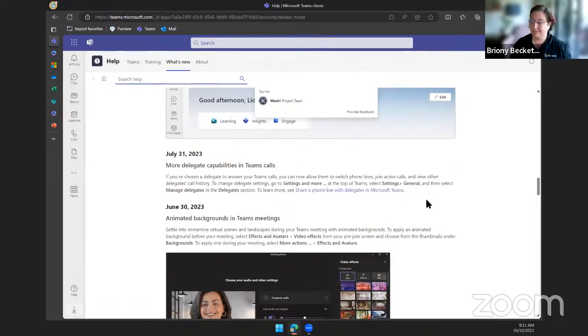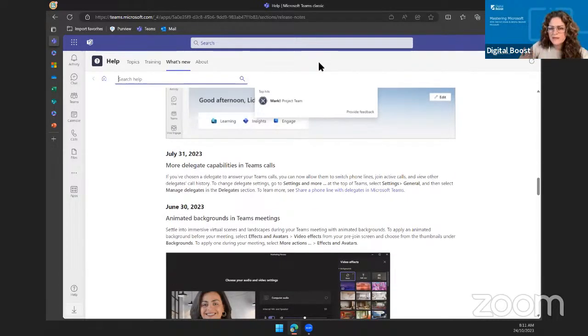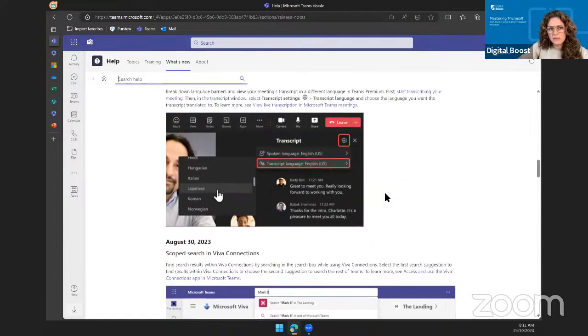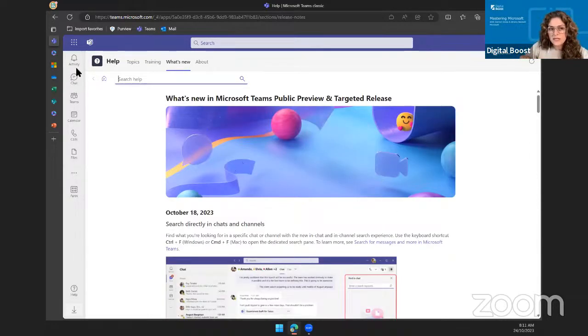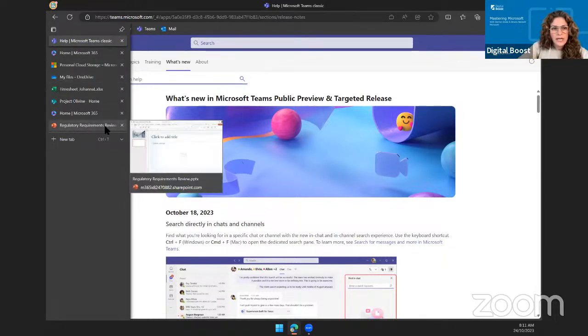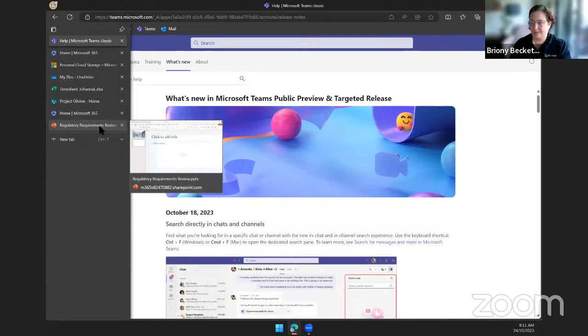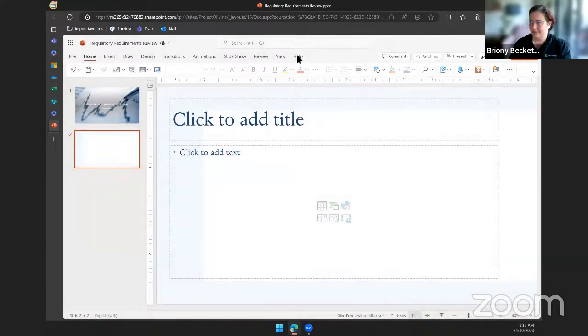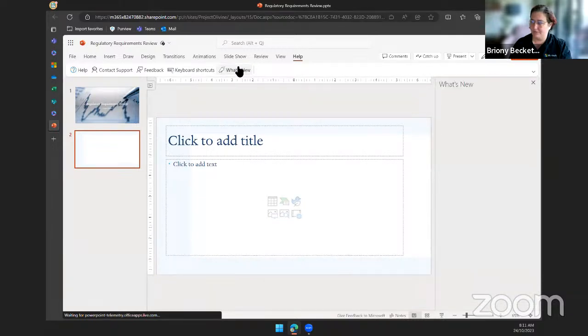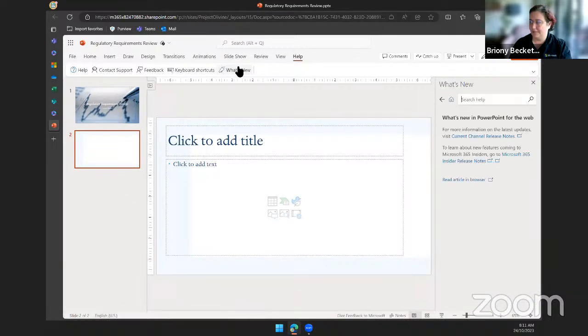And will these help topics be in every product? So right now we're in Teams, and the what's new, we're seeing that in Teams. If you pop into PowerPoint, great. This one's going to be quite similar. So we've got, again, the what's new. The help is going to be what I showed in Excel before, but the what's new feature will come up, and it's not as rich as the client Teams, because it's built into the web browser.